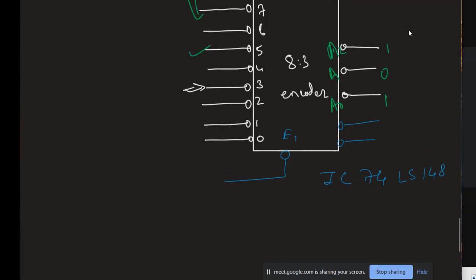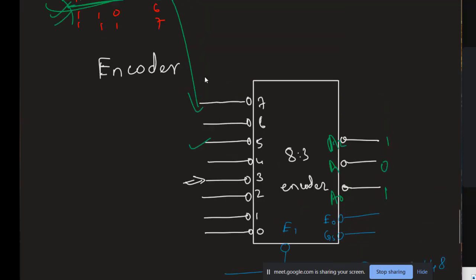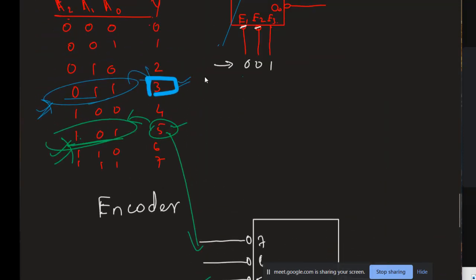Okay, so say for example I have 8 different input lines. The maximum combination I can represent them with is 3. I hope you understood what I mean by that. If you observe this, 0 to 7, there are 8 different combinations, and in binary form I can represent them in only 3 bits maximum, right?